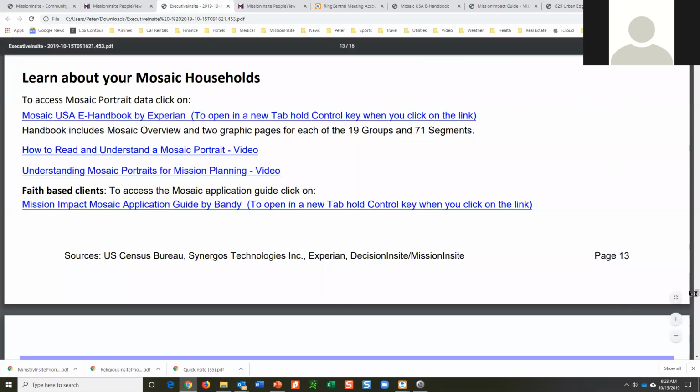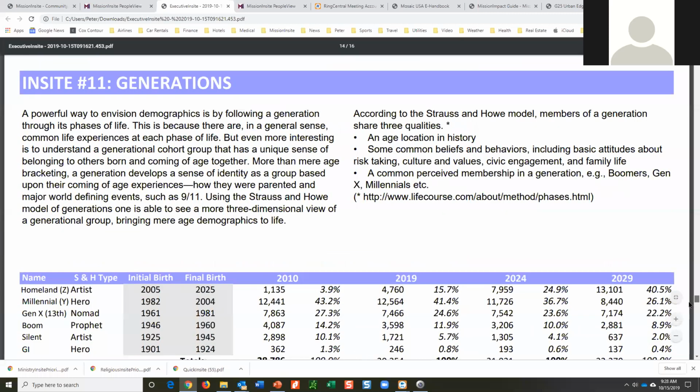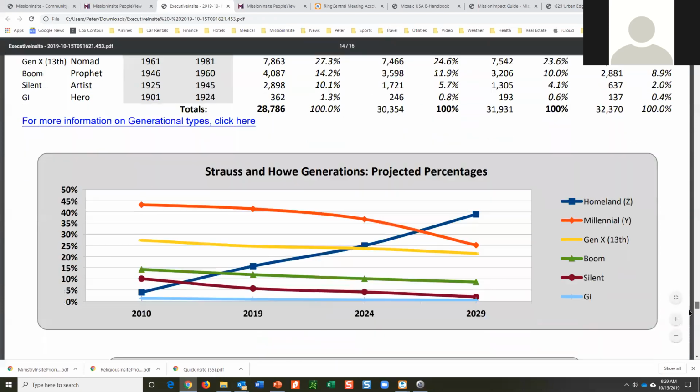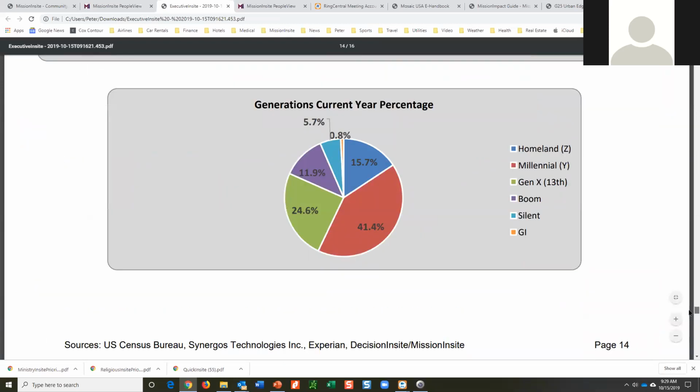Lastly, I want to point out in the Executive Insight is the section Generations. Again, it can be very telltale and helpful when you are talking about what is the future of our congregation, given what is the strength of it by age. If the strength of the congregation in this area is in the silents or the boomers, you're now working with less than 15% of the population. And what does that mean for your future? It's another graphic way of having people get a little better connected with reality, hopefully.